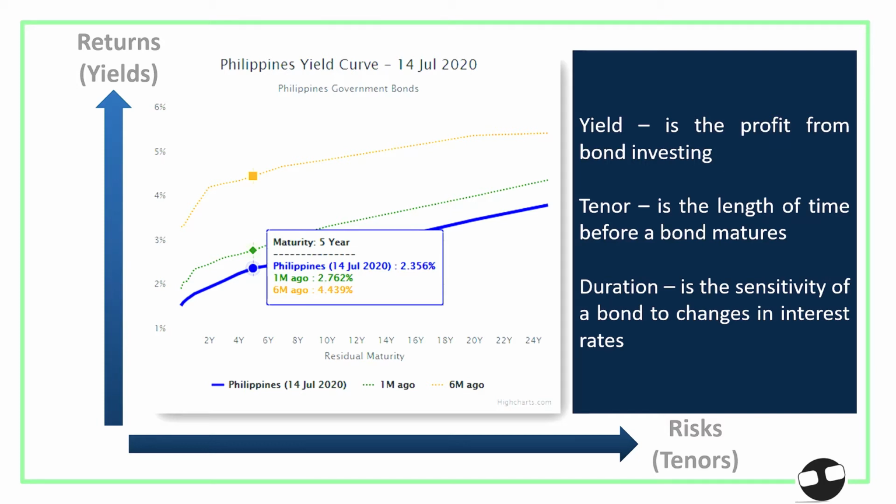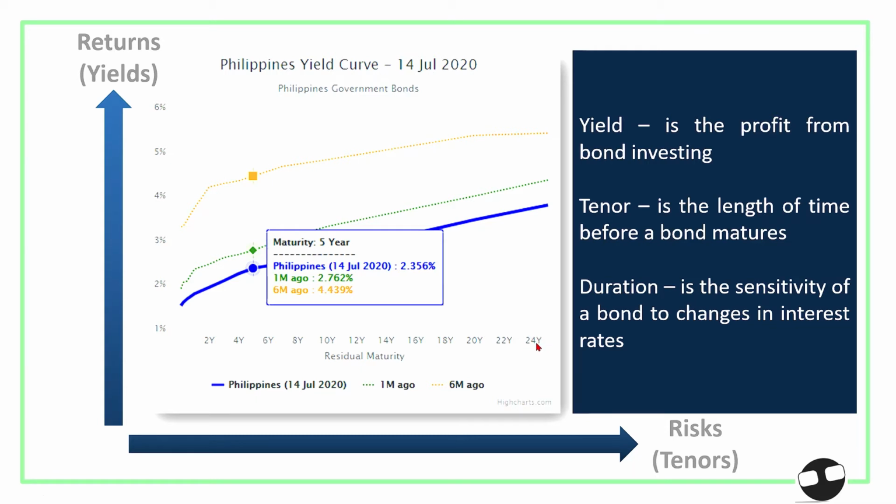Now, going back to that sensitivity, that also relates to tenor. In short, shorter tenor bonds have low duration or low sensitivity to interest rates, while longer tenor bonds have higher duration and higher sensitivity